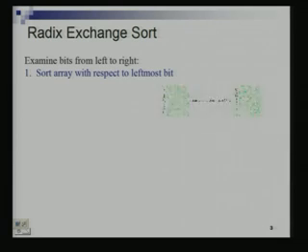So we are going to sort the array with respect to the leftmost bit first. Suppose the numbers are sitting in this array. It really does not matter what these other bits are. I am just looking at the leftmost bit of each of these numbers. This is the first number, the second number is in this row. There are 5 numbers, 5 rows. I am going to look at the leftmost bit.